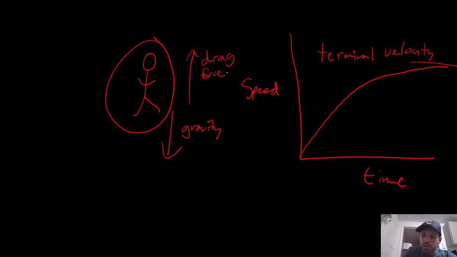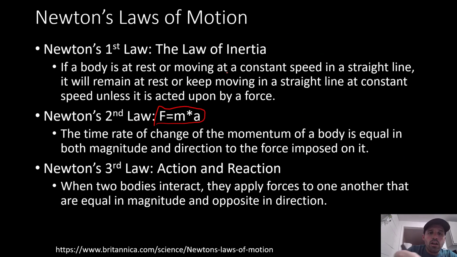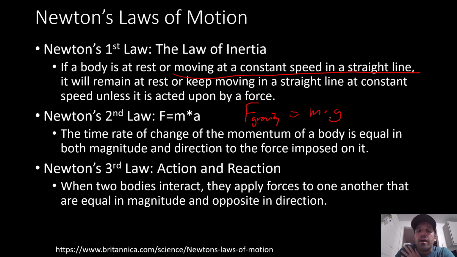So if we think about what's happening in this case in terms of Newton's laws, here, in this case where we've reached our terminal velocity and we're no longer accelerating, we're going to keep moving at a constant speed in a straight line, and we're going to keep doing that unless we're acted on by a force, or really unless the force balance changes in some way. And in this case, we have these two forces acting on us. The gravity force could still be described as F gravity, which is equal to m times g. In this case, once we reach this steady speed where we're no longer accelerating,